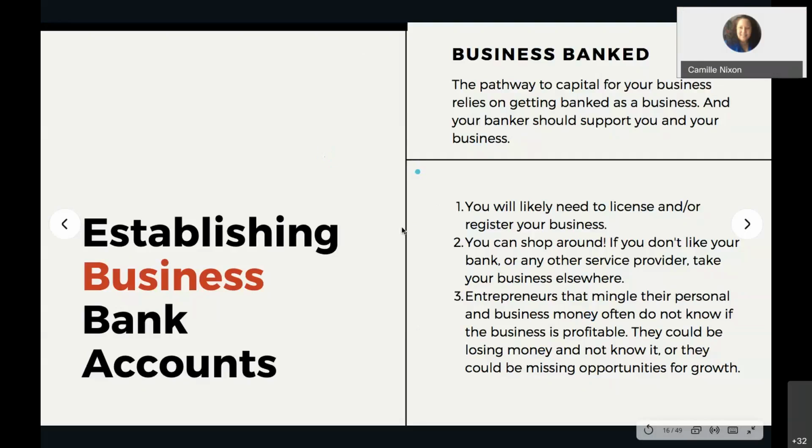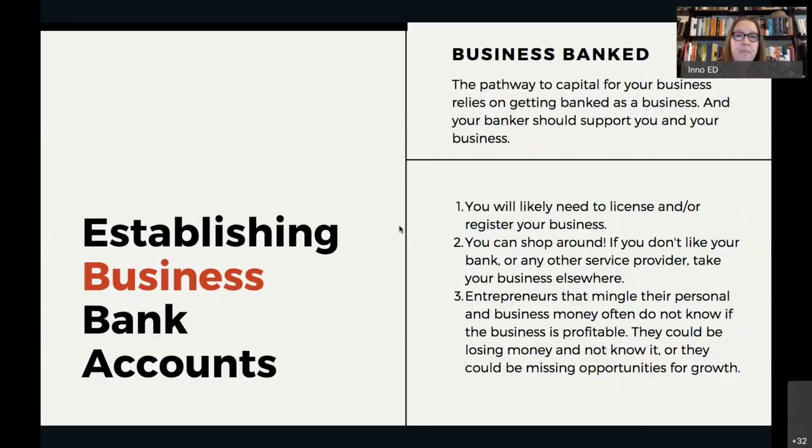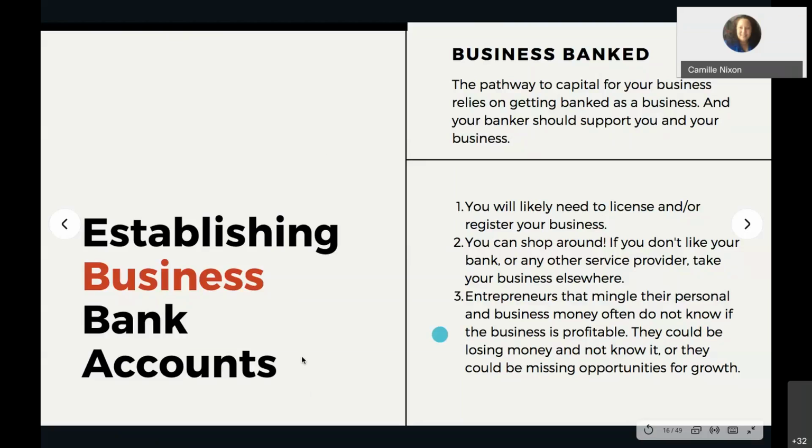Sure, just to underscore, when you're starting out, it's a lot of things to juggle, but it is very ideal that you get to your business bank account, a separate account, as soon as you possibly can. It helps towards your path of keeping your business and personal separate financially. And also, as you look into getting other types of financing, through deposits of grant money you may have won, or working to get a loan, it's helpful to have the bank and having that relationship. You may need to shop around.